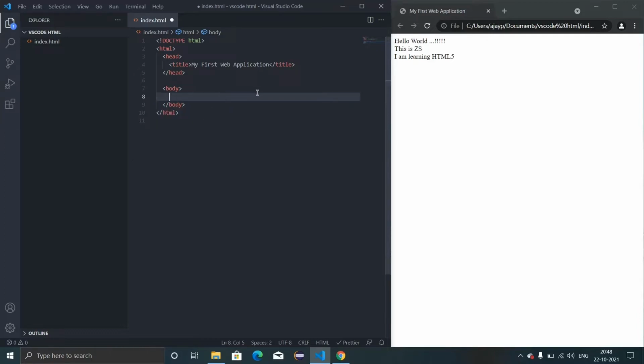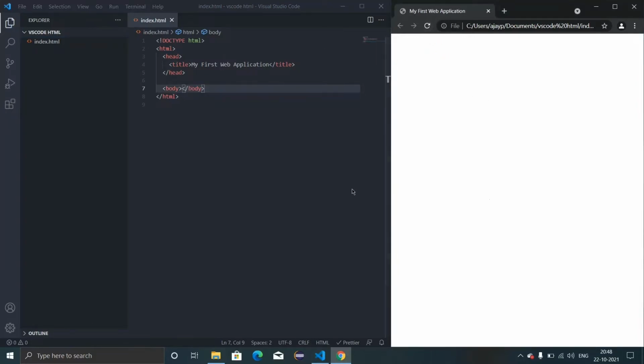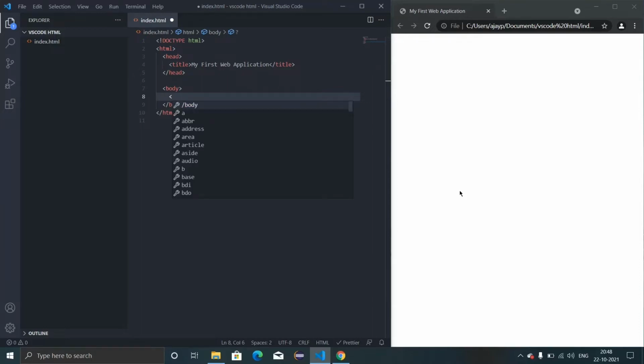Now, whenever you try to write a paragraph, if I save this and rerun it, you can see there's nothing. If you want to write a paragraph, open a paragraph tag. The paragraph tag is denoted with p. You can see it automatically creates a closing paragraph tag. I'm going to write this paragraph as, hello guys,